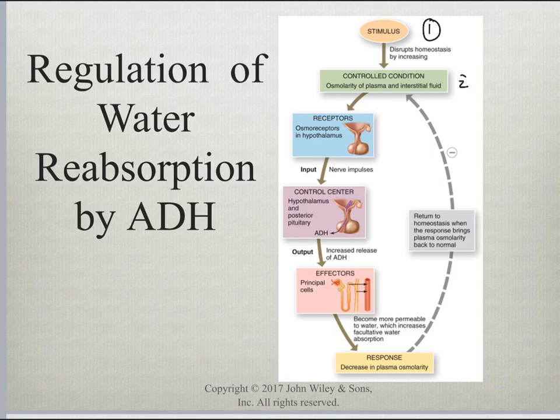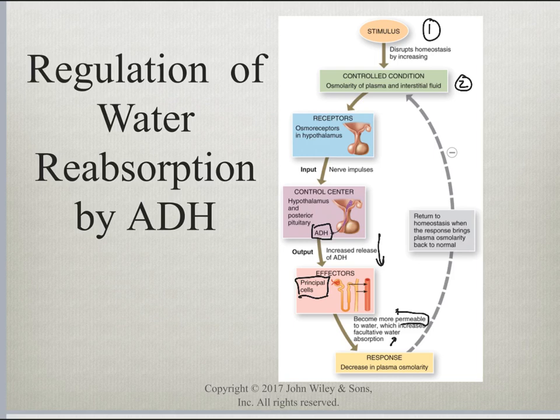So that's the controlled condition that we are changing. The osmoreceptors in the hypothalamus are going to detect this increase, at which point they're going to talk to the control center, the hypothalamus and the posterior pituitary, to secrete ADH. ADH is going to move through the blood and attach to those principal cells. Once ADH has attached to them, those principal cells become more permeable to water, which is going to increase the